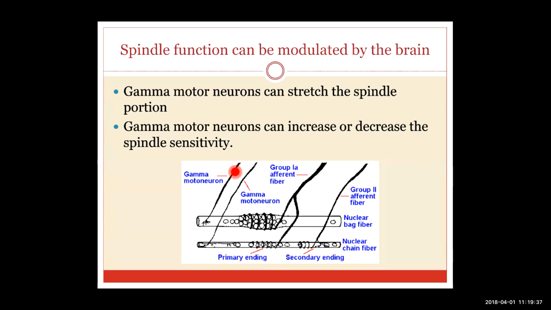So if it is going to contract, the central portion is stretched and the information is going to pass to the brain, and the brain is going to think that there is a stretch being applied. Now, this is the additional layer of complexity which the nervous system brings in. Gamma motor neuron can increase or decrease the sensitivity of the spindle. What is sensitivity? The stimulus threshold which can stimulate an impulse formation is called spindle sensitivity. And we all know when the spindle is being stretched, it will pass on information to the motor neuron, and the alpha motor neuron will be stimulated, and in turn it will produce a contraction of the whole muscle, the extrafusal muscle fibers, right?